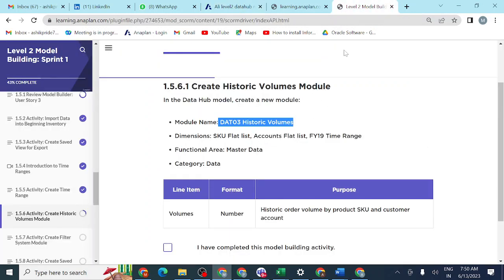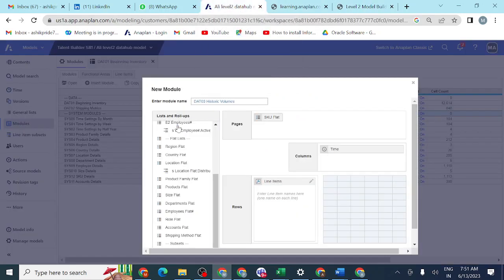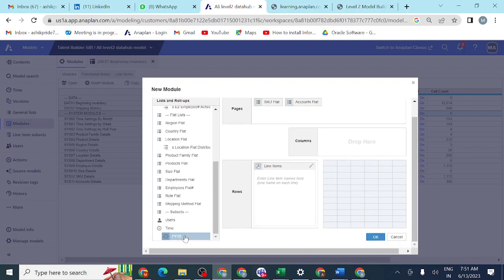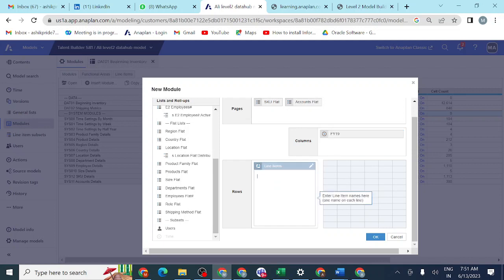Account flat list, and time should not be this model calendar, but whatever we have created just now, that one we should consider. Financial Year 2019, we should consider this one.